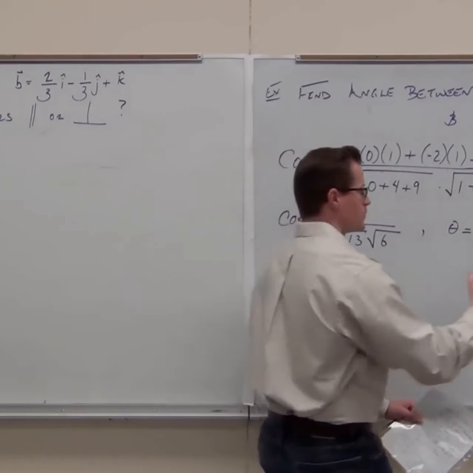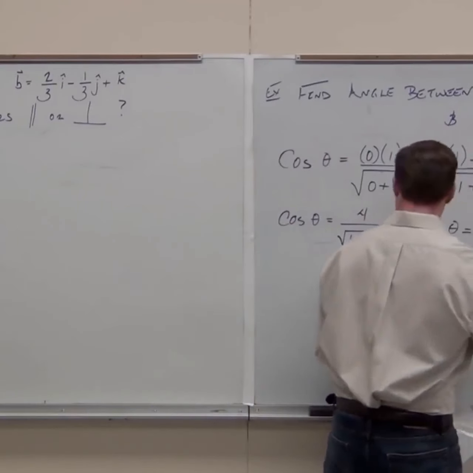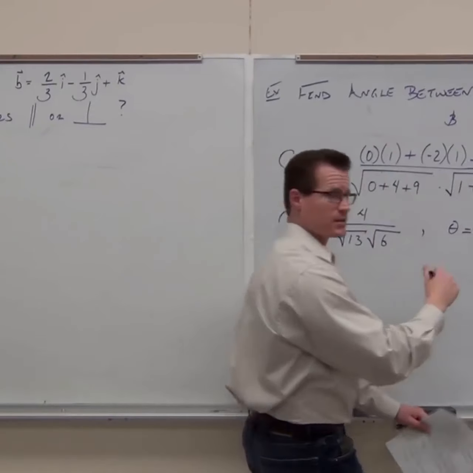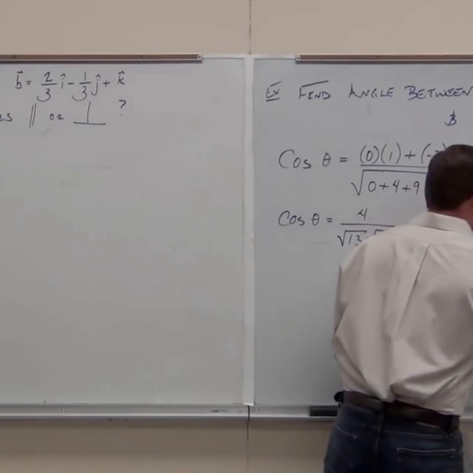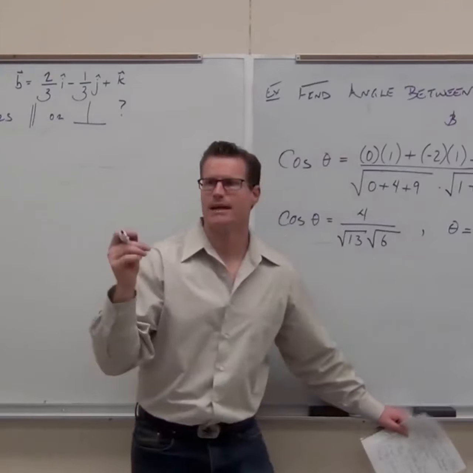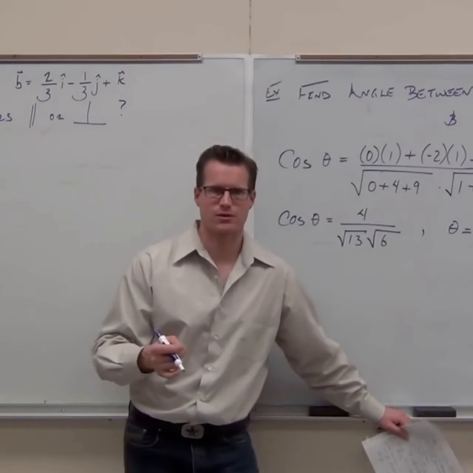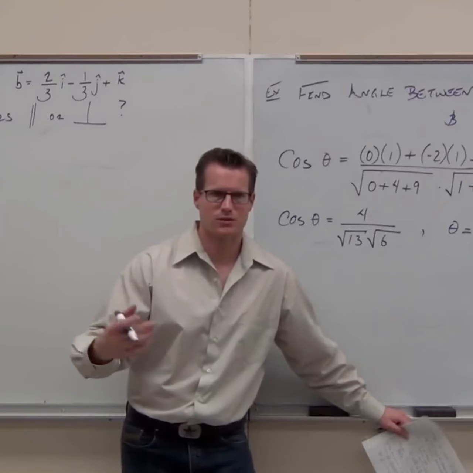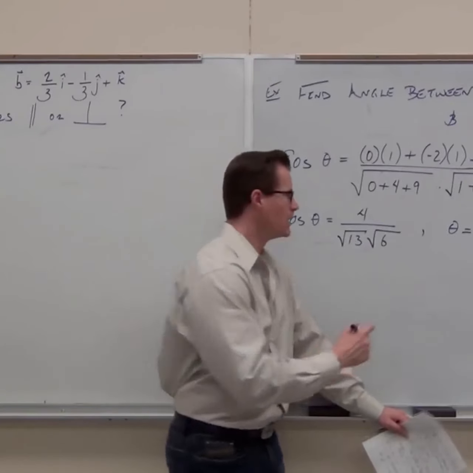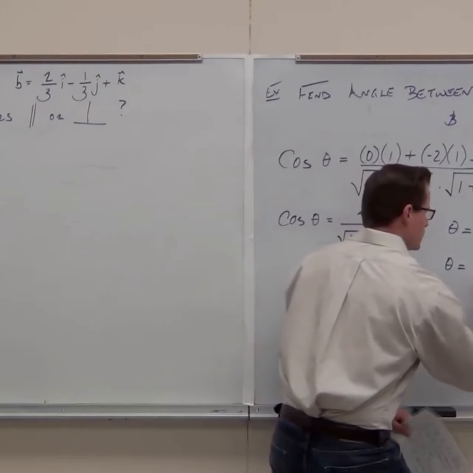So if you do cosine inverse of these two things, if I've done it right, it's 4 over the square root of 78. That right there is an exact answer for the angle. So what's the angle between them? Cosine inverse of 4 over square root of 78. Because it's not on a unit circle, right? But that's an exact answer. You could do